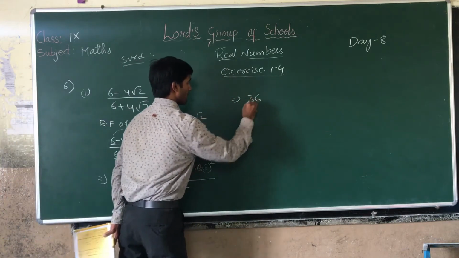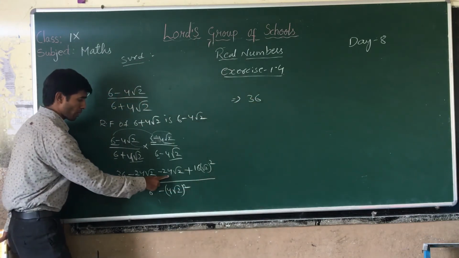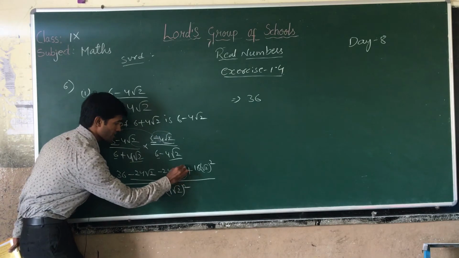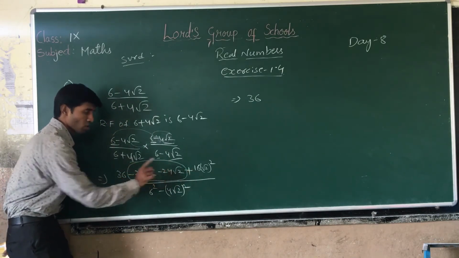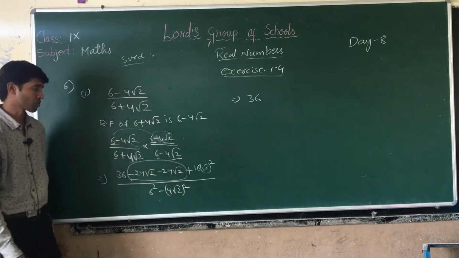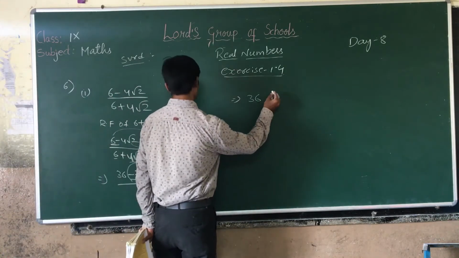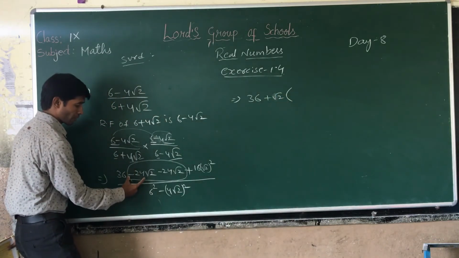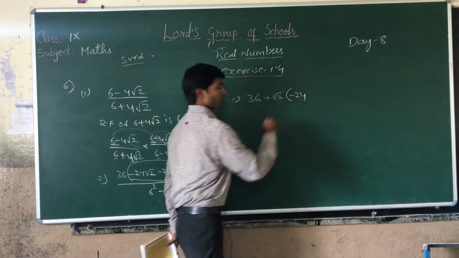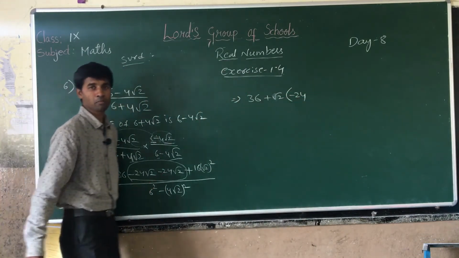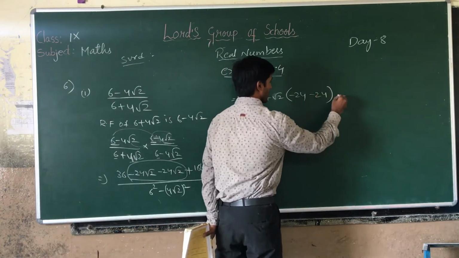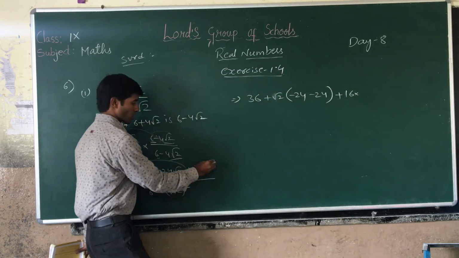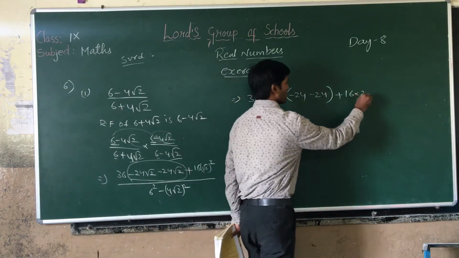Now let us see. 36 minus 24 root 2 minus 24 root 2. Here both are separate. Can we add or subtract? Can we calculate these two terms? Here root 2, this is also root 2. So take root 2 common from these two. So what will you get now? When you take root 2 common, we will have minus 24 in the first term. In the second term also we are left with minus 24. Now here plus 16 into square root cancel, that will become 2.